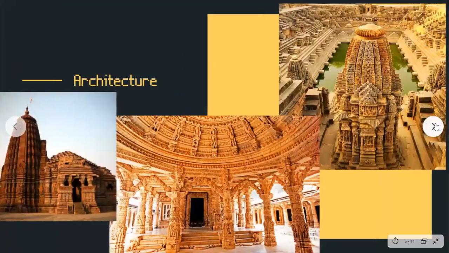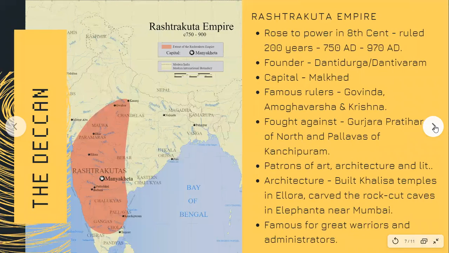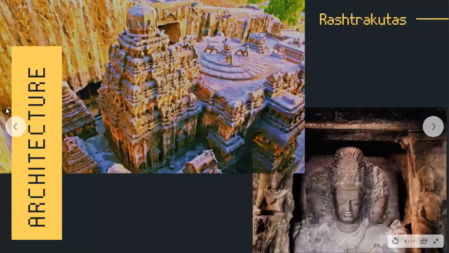On this note, this is some of the architecture. Now we will move to the Deccan, right? Let's move to the Deccan and see what we have here. So first, I'd like to begin with the Rashtrakuta Empire. Do you see this map here, students? This map on my screen, the area marked, is the region of the Rashtrakutas. It's the area on which the Rashtrakutas ruled, right?